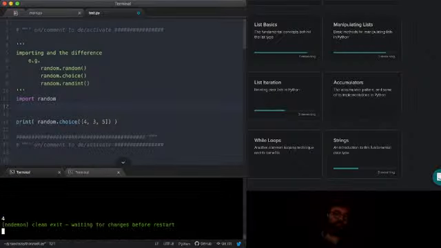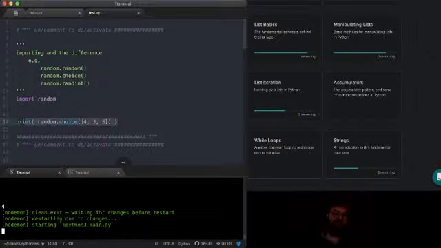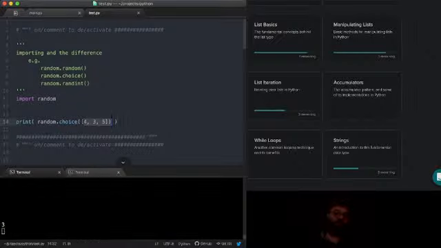All right, so you can see we import random, we run the same code, and now it's going to work. Now random.choice is going to choose one of the things that I gave it. So this time it chose 4 randomly. This time it chose 4 again. It's probably just going to choose 4 forever just to like show me up. Okay, good. It chose 3. So you can see that this code is working like we expect it to.